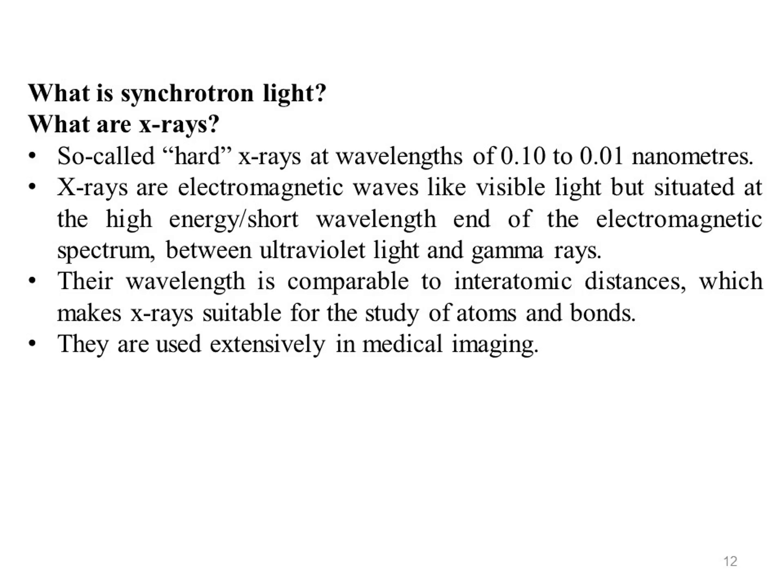X-rays were discovered by Wilhelm Röntgen in 1895. Today, they are used extensively in medical imaging because they have a high penetration depth through material and are selectively absorbed by the parts of the body with the highest electron densities, such as bones. The principal difference between synchrotron light and the X-ray used in a hospital is the brilliance. A synchrotron source is 100 billion times brighter than a hospital X-ray source.